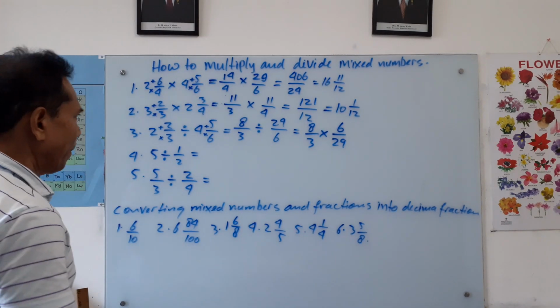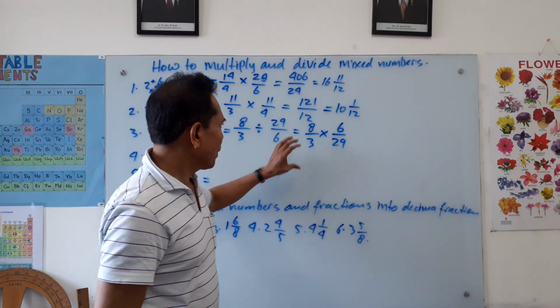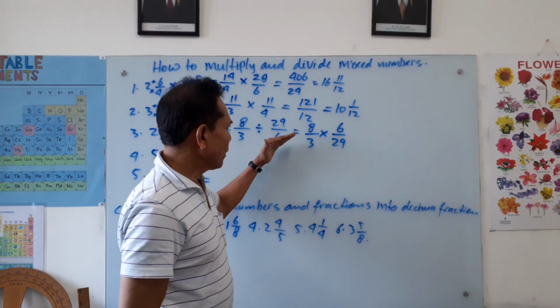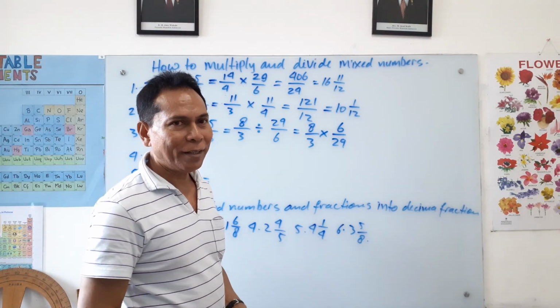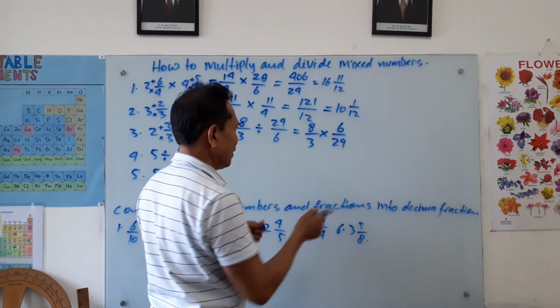Alright, children. Now, we have done it. With this, you can multiply, okay? You can cross multiply straight away. So